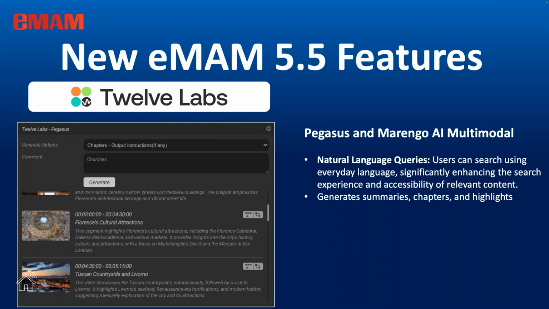Now, what I usually will do is take that information and click on a subclip, and that'll actually store it. There are little buttons on the right-hand side, little grayed out areas. I can create a subclip, copy that text and put it in the subclip. So I can then have that information stored inside of eMAM versus having to go back up to 12 Labs and then re-index the media, or do another search within 12 Labs. So again, you can collect this information, create a subclip, and then store it over into the eMAM system.